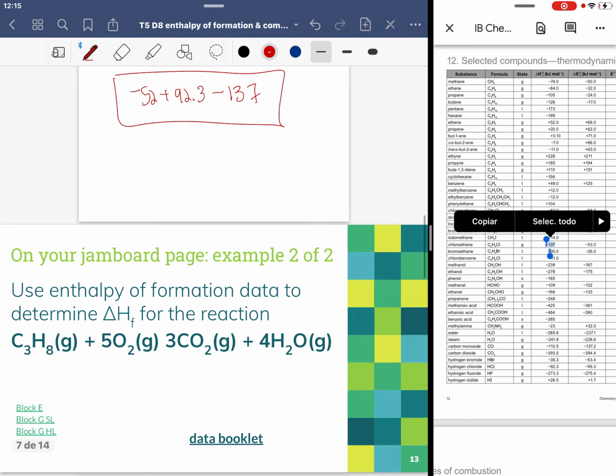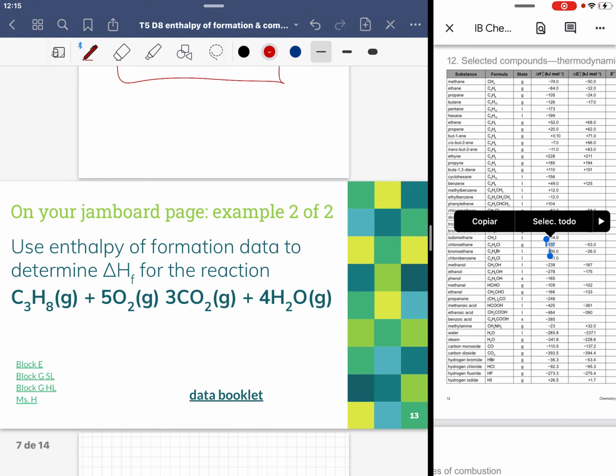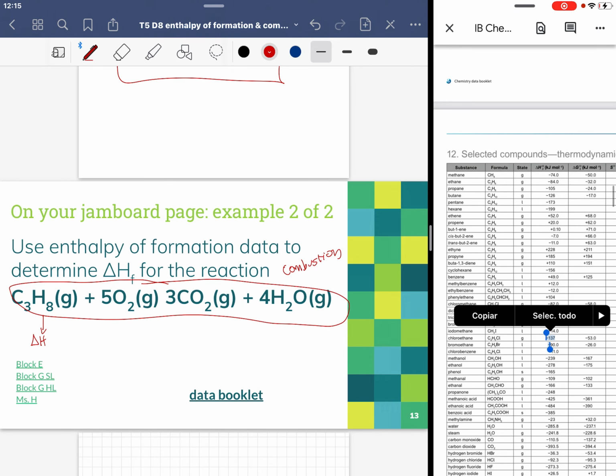The second example, and this one we didn't have time for in class, is doing exactly the same thing. You can have an overall equation that is, for example, a combustion reaction. It doesn't really matter what type of reaction the overall equation is. You would do the same thing here. You would find delta H. So in this case,